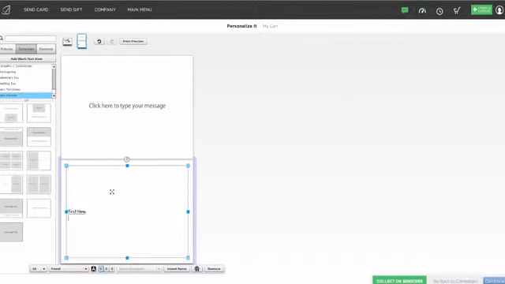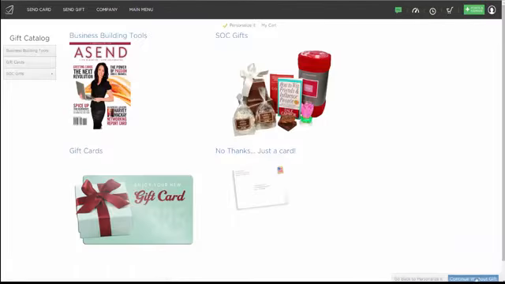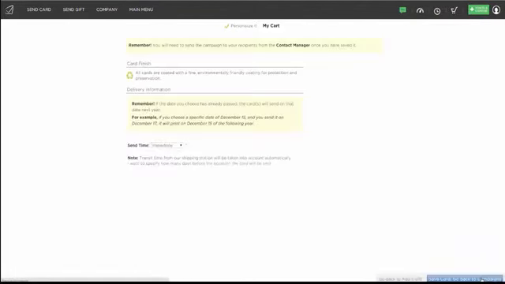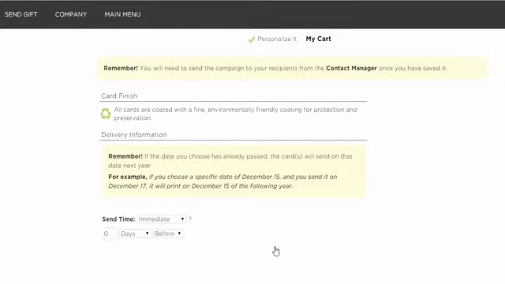So let's say I want this card to go out 3 months later after they get their thank you card. So I'm going to click Continue, pretend we've created that card, and continue without a gift. But now when we get to the send date, instead of leaving it as immediate, I'm going to click on this sentence down here that says I want to specify how many days before the occasion the card will be sent. And this is going to allow me to have this card go out, let's say, 3